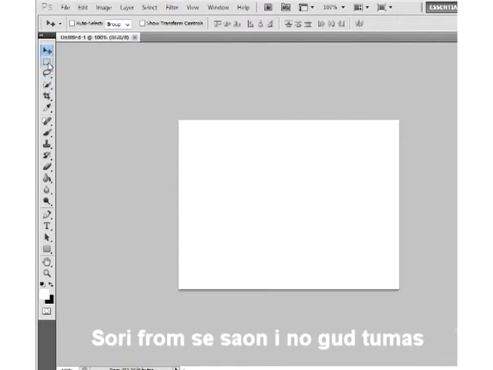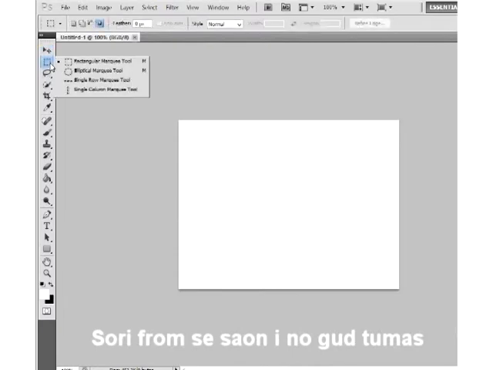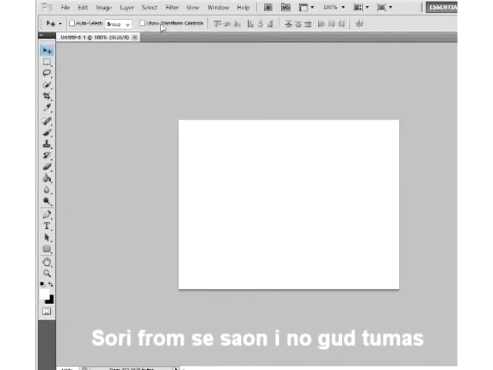So that's where the marquee tool comes in, the one right under the move tool. You look at the marquee tool, and you get one small black arrow here, meaning you have some more options. You click the tool and hold, and the tool menu shows all the different options. You click the marquee tool to see all options, the move tool has all options, and the marquee tool has all options.